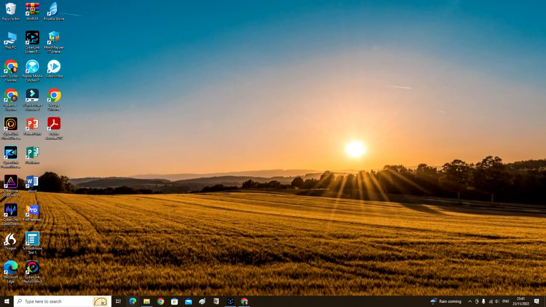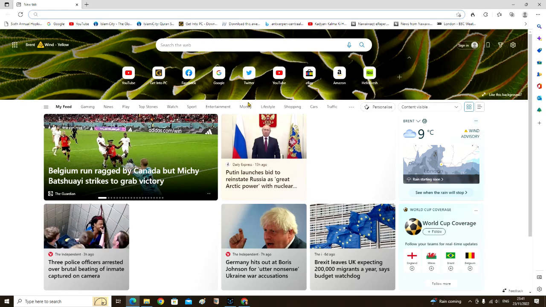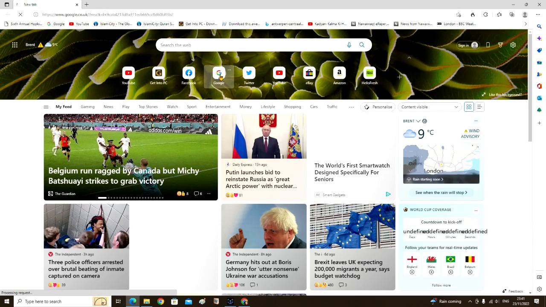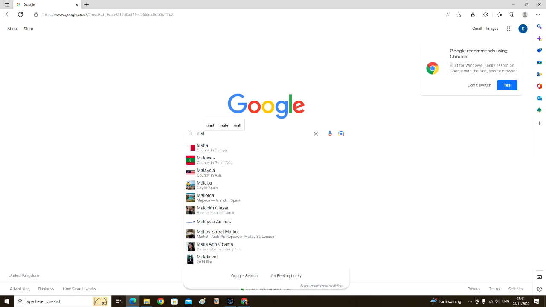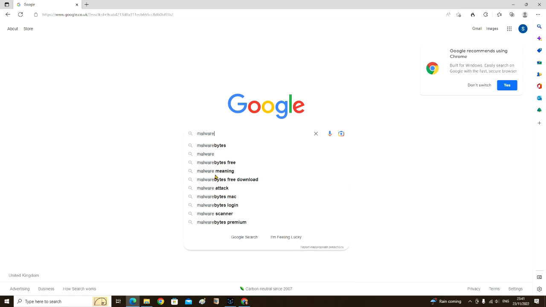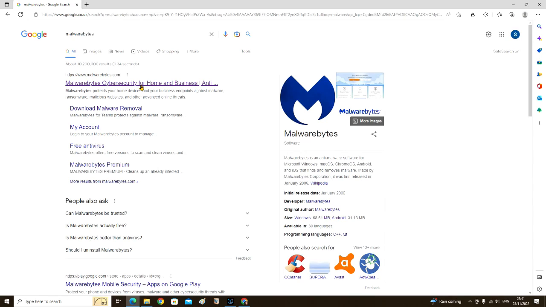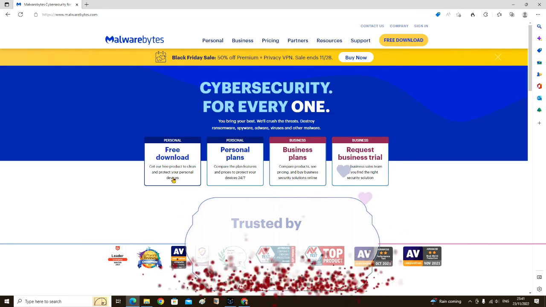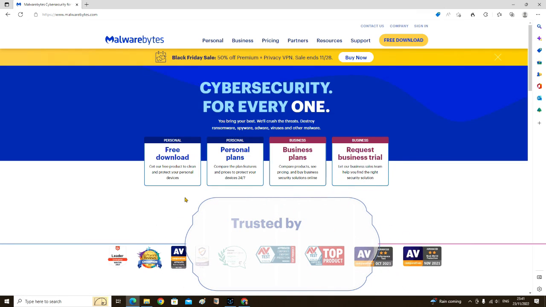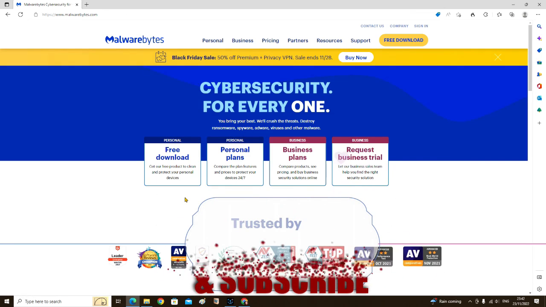Another way of doing it, that you open your browser and go to Google, and there are a couple of programs. One of them is Malwarebytes. You open the link not from the ad but the generic link of Google and click it. It's a free program. It says free download here. You download it, run it, remove the viruses,